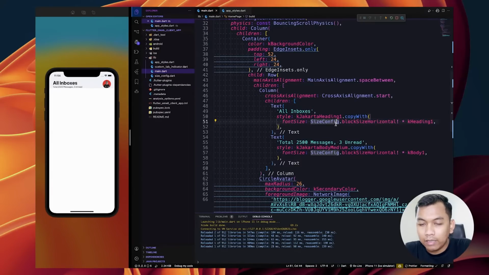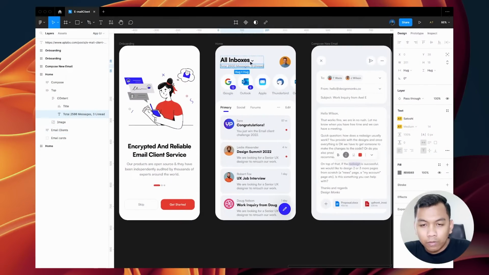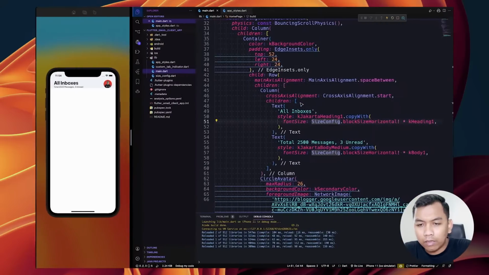Look like this. And also, as you can see here, on the right we will have an icon, which is a chevron down icon.